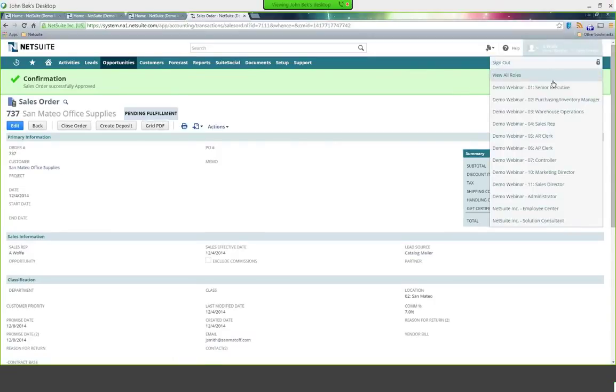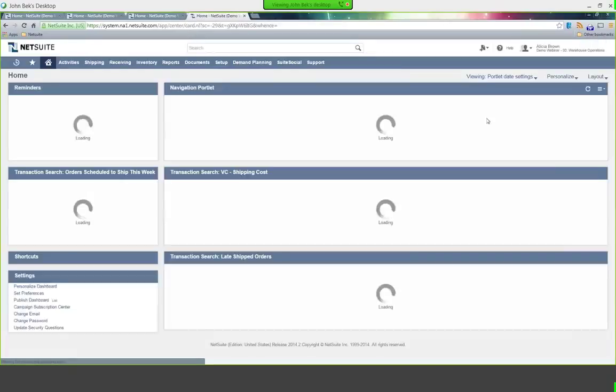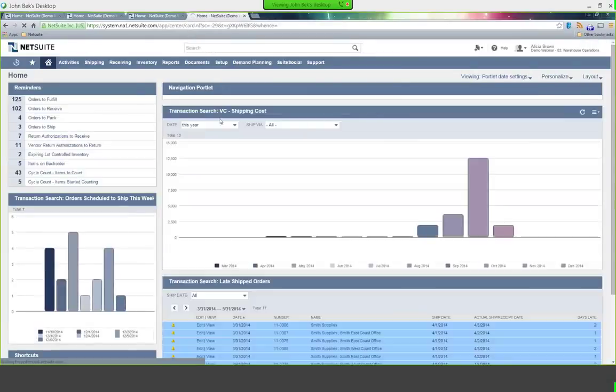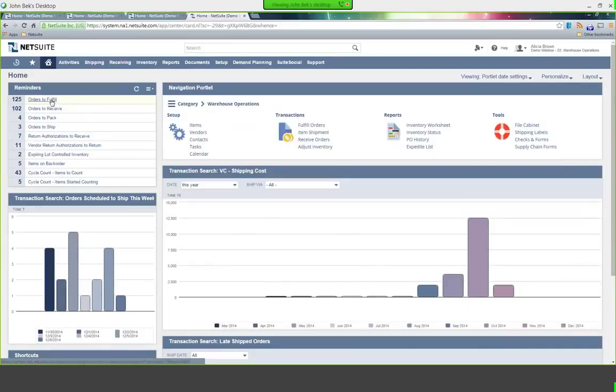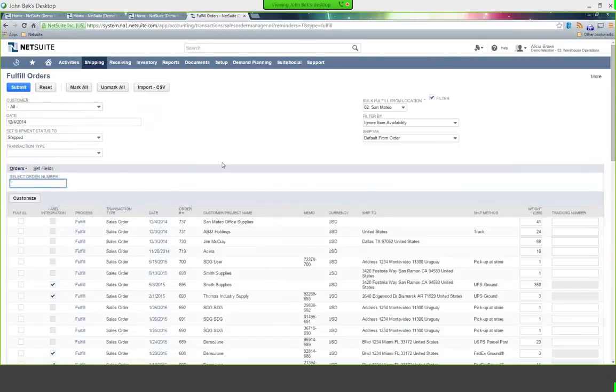And so what I'm going to do is take off my sales director hat and put on my warehousing hat for a second. And I'm not going to go through the process in this case of actually picking the product in the warehouse and so on. I'm going to just set it up and say that it's been shipped and fulfilled just to move the order through the process. But you can see I'm in this fulfill order step, and the one we just entered and we're moving through is order number 737. So I'm going to mark that fulfill.